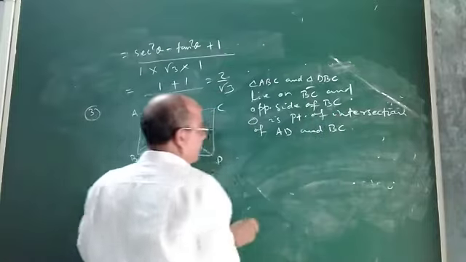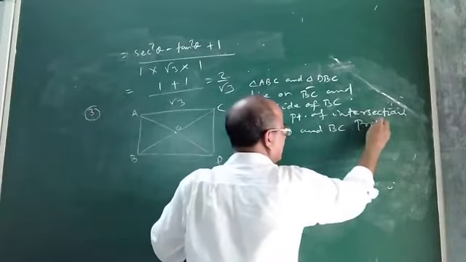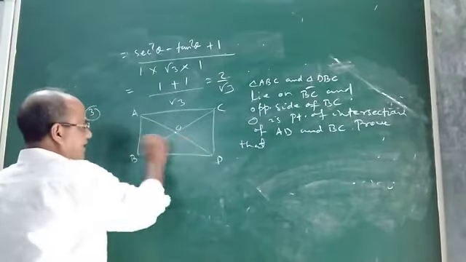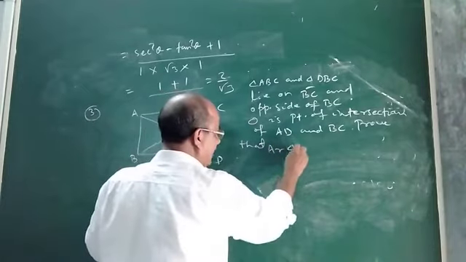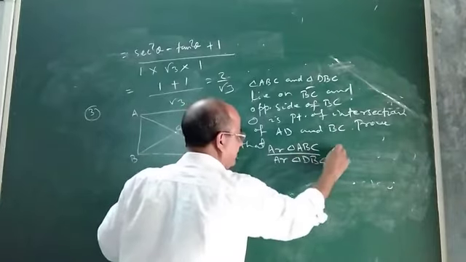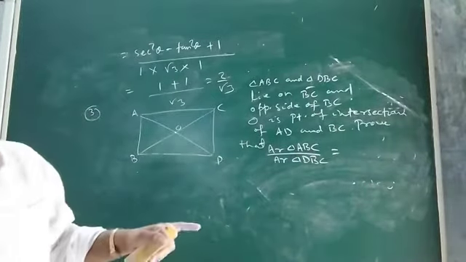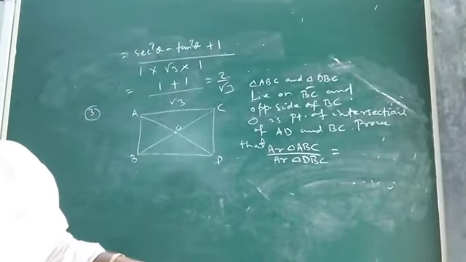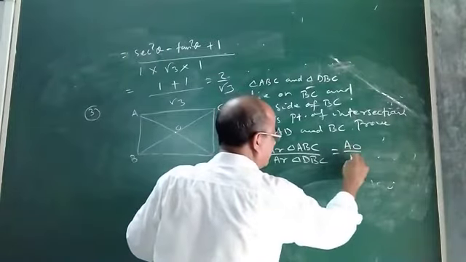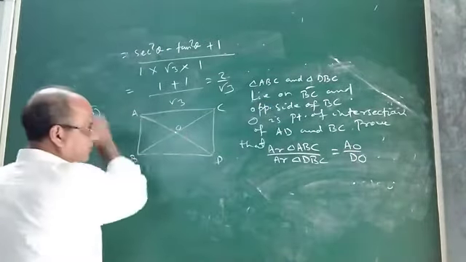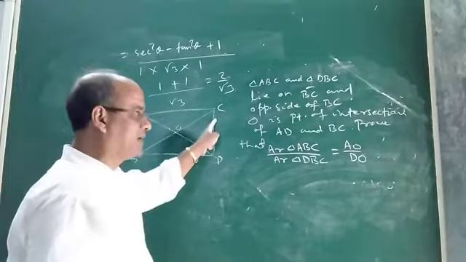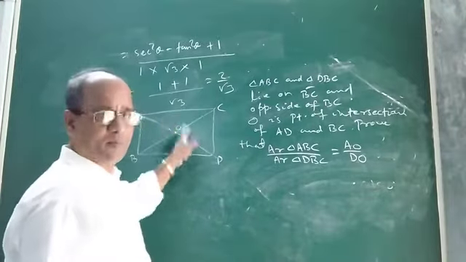Now the question is, how will you prove? Prove that the ratio of area of triangle ABC divided by area of triangle DBC will be equal to AO by, what is the ratio? Let us see. It is AO by DO. Yes. How to prove that it is equal to AO by DO? See, AO by DO. Once again I am saying, look at triangle ABC and triangle DBC. Suppose they stand on the same base BC and clearly they are on the opposite side of BC.